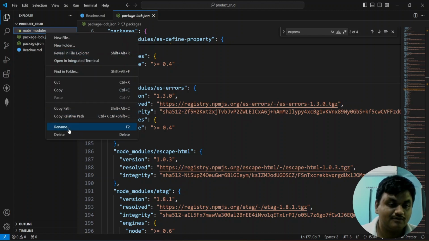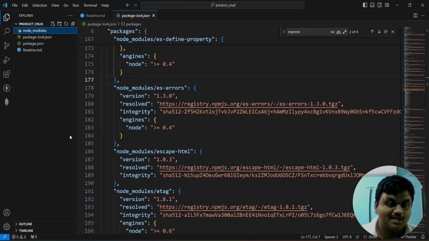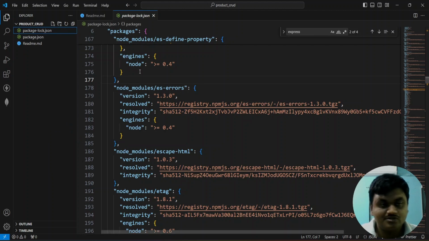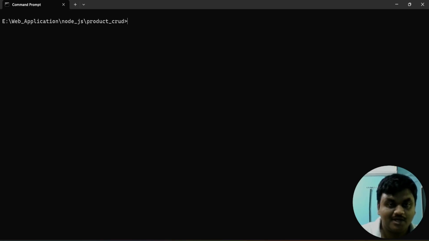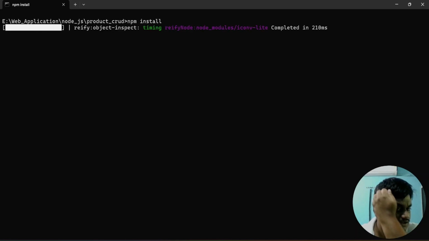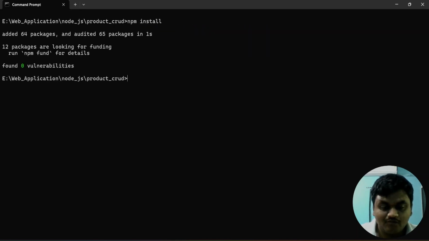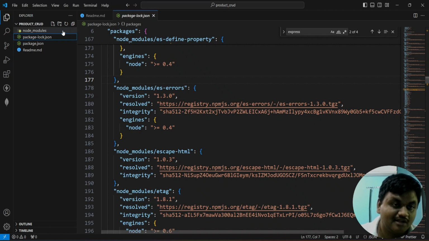If you want to delete this, we can delete this folder. If you want to generate that folder again, we run one command called npm install. Using this command, the node_modules folder will be generated. If you see, it comes again, it will be generated. That's why we are not going to